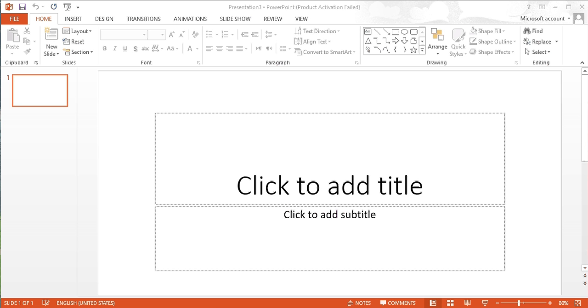Hope all is well. Dear students, as you know, last time we were learning about MS Excel, and now we are going to move to MS PowerPoint. In which we learn so many things. Slide Master is a special feature of PowerPoint. Actually, Slide Master allows quick modifications of the slides, slide layouts and presentation.